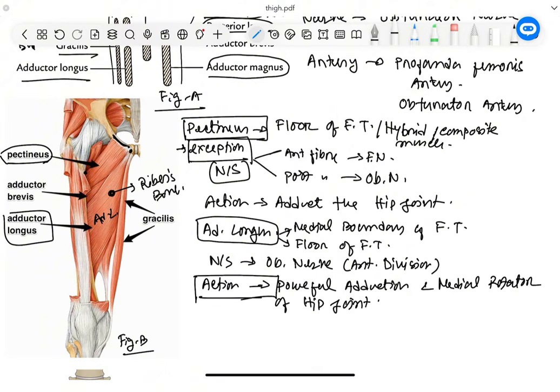Next comes adductor brevis. You can see here adductor brevis. Adductor brevis is also a triangular muscle. It is located just underneath the adductor longus, and this adductor brevis